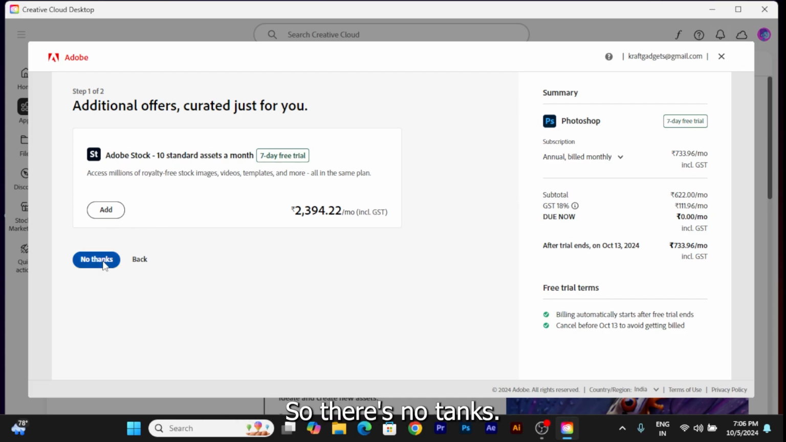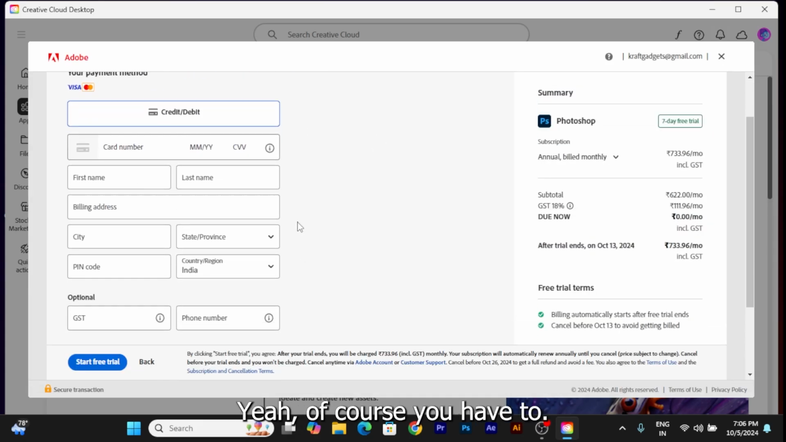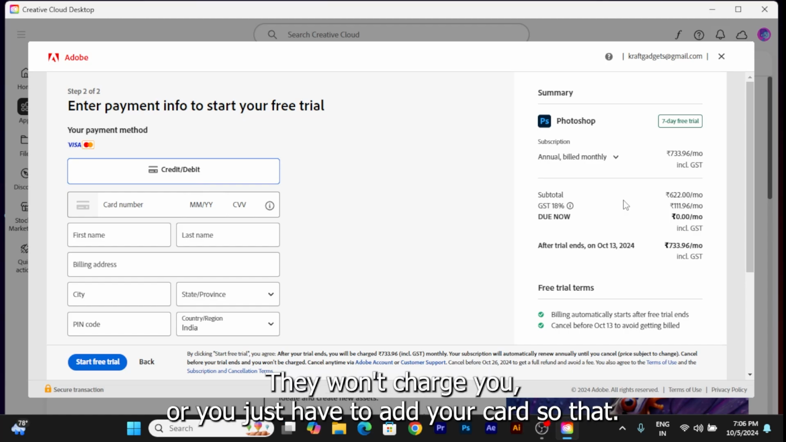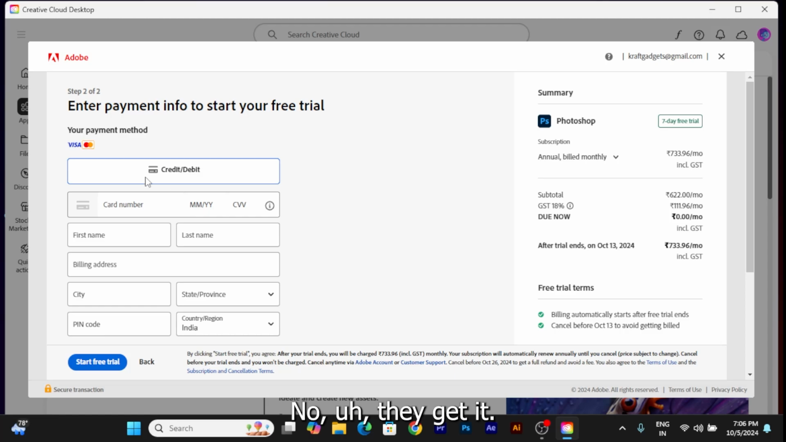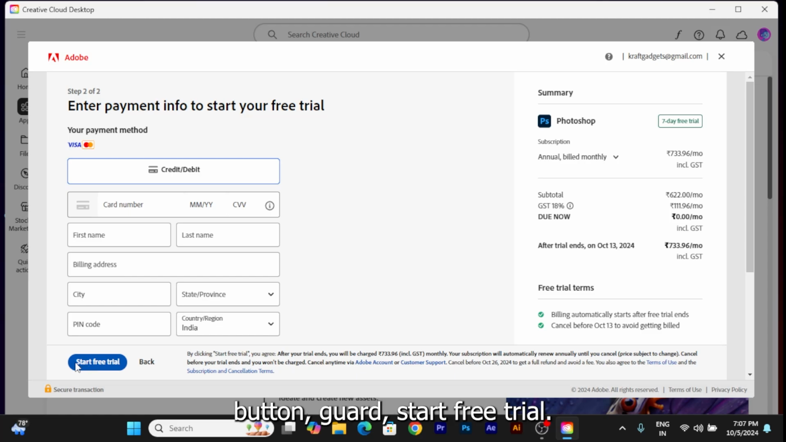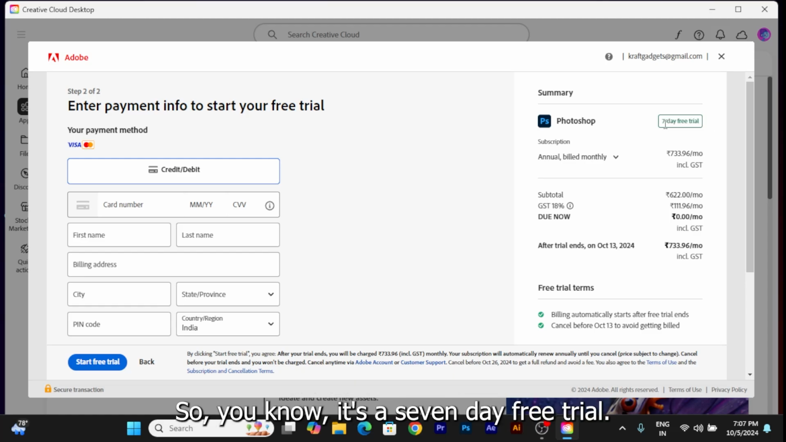All right, and it will ask about the 7-day free trial. So there's a no thanks option. If you want, you can do it. And at the end, of course you have to add your card. You only have to add your card. They won't charge you. You just have to add your card so that they know you have a card. Then you have to press the button called start free trial. As you can see, this is a 7-day free trial. So after that it will charge, but